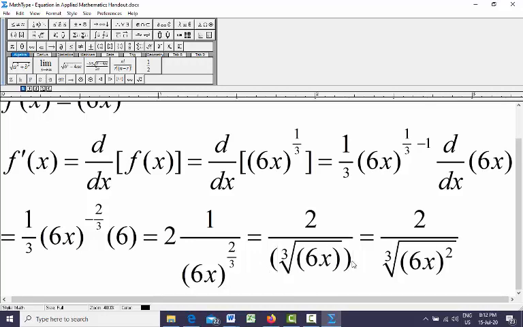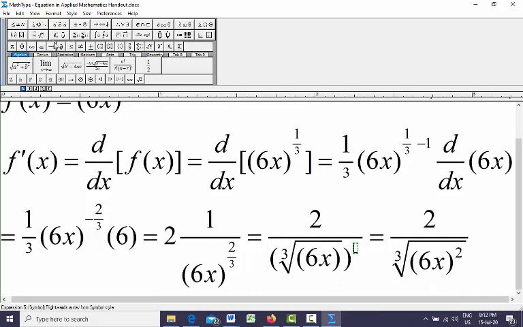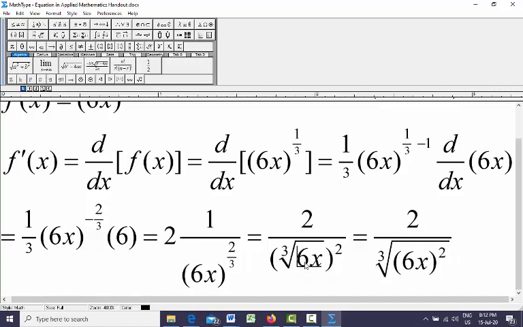Here, square. So that means inside you have a cubic root of 6x, because of this 1/3, we got cubic root of 6x, and then on top of that,